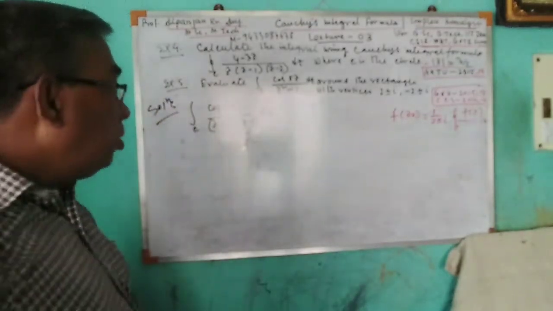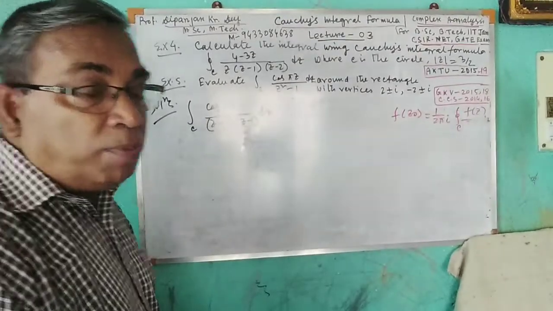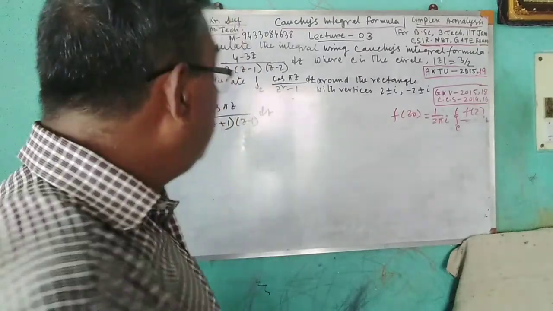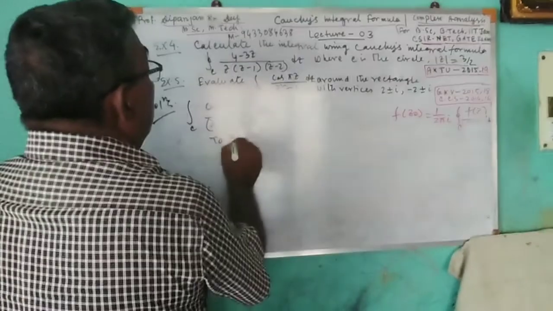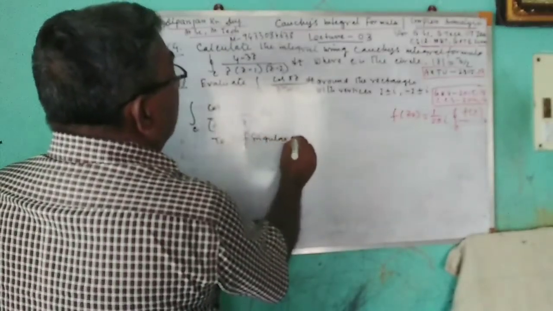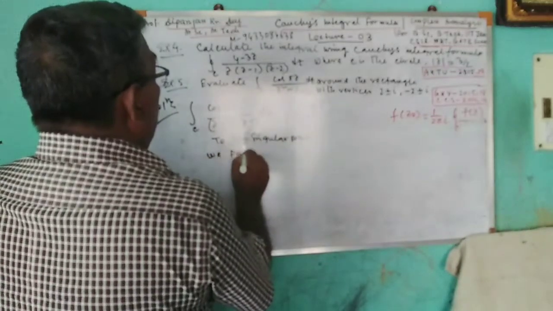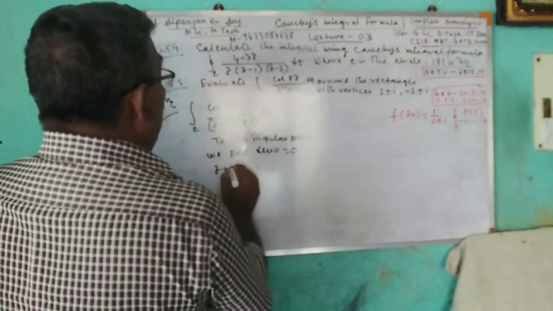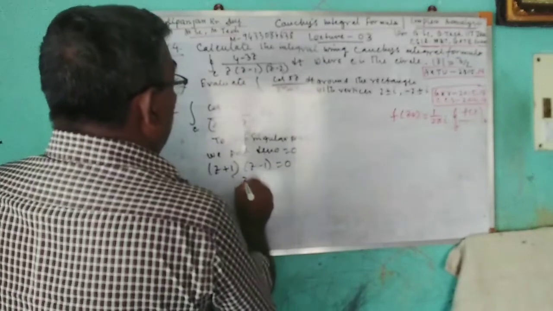Okay. What you have to do? You have to find the singular point. What is a singular point? It is the point at which the function is not defined. So to get the singular point, we put the denominator equal to 0. That is, z plus 1 into z minus 1 is equal to 0, so z equals